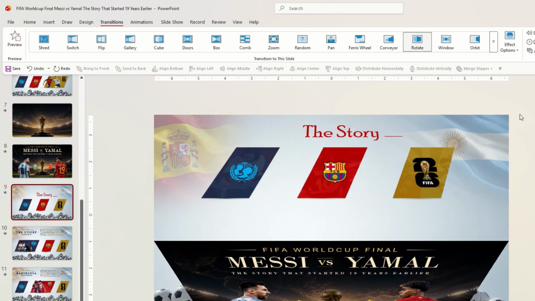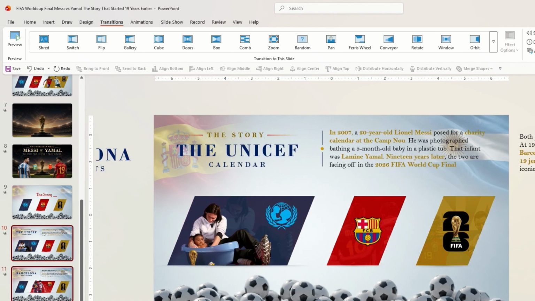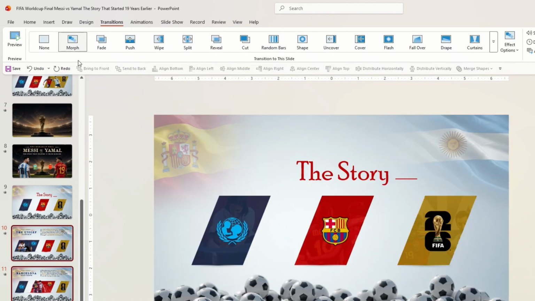I'm going to select the 4th, 5th and 6th slide. I'm going to go to transition and I'm going to add the morph transition. And once you're done, you're going to get this